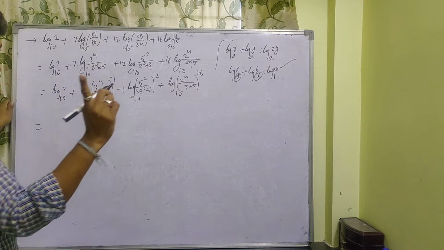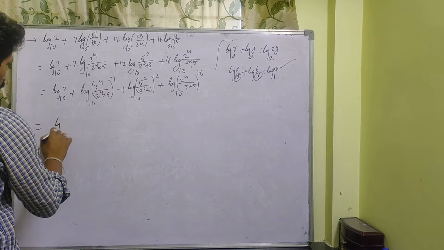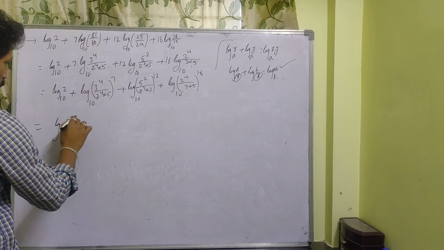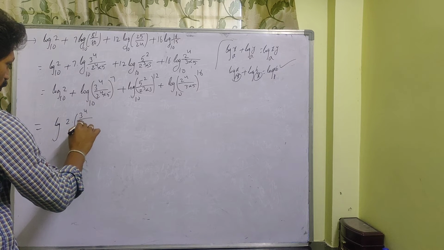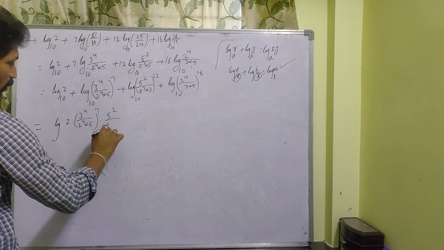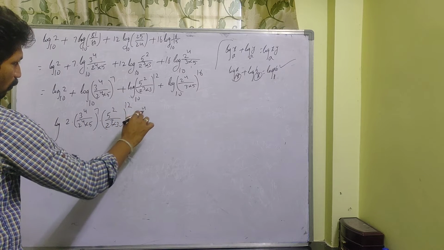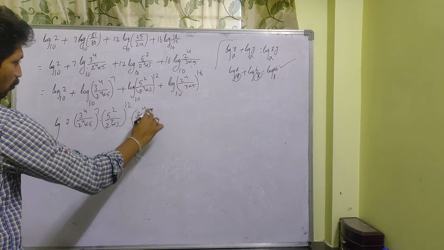So with a single log, if you want to simplify this one, log of 2 into 3 power 4 by 2 power 4 into 5 whole power 7 into 5 square by 2 cube into 3 whole power 12 into 2 power 4 by 3 into 5 whole power 16